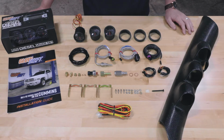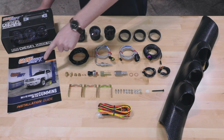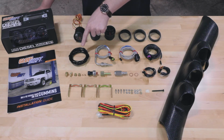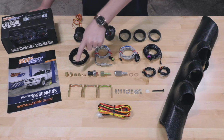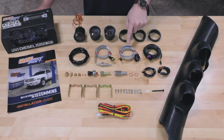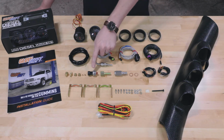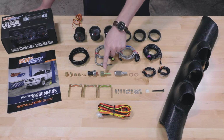Also included in the package, you'll see a 98 to 02 Dodge Ram 5.9 liter 24 valve Cummins installation guide, a 9-foot nylon boost line with compression fittings, a 3-foot exhaust temperature sensor with a waterproof connector, a 6-foot exhaust temperature sensor harness with a waterproof connector, a 9-foot pressure sensor harness, a fuel pressure sensor, a boost bolt adapter,